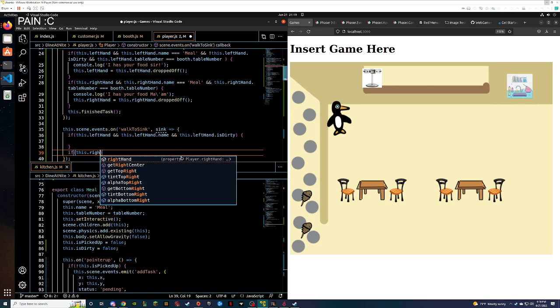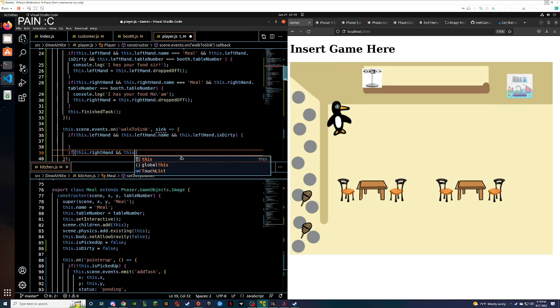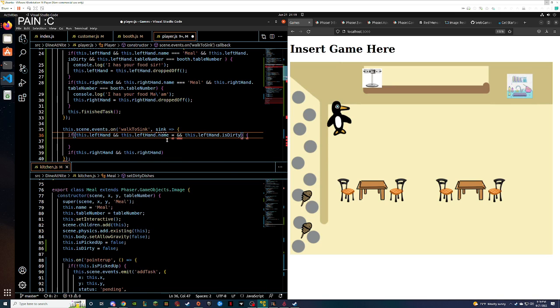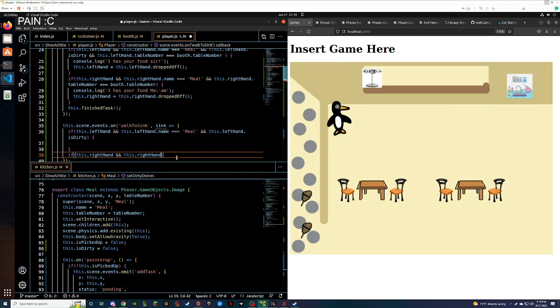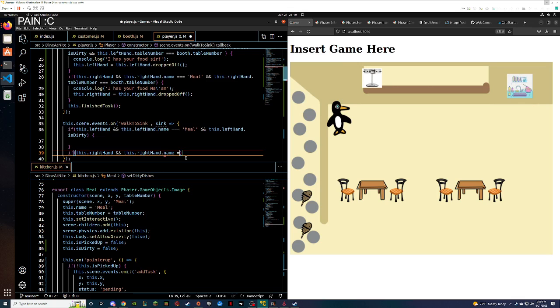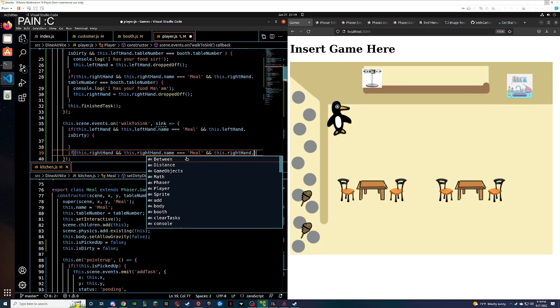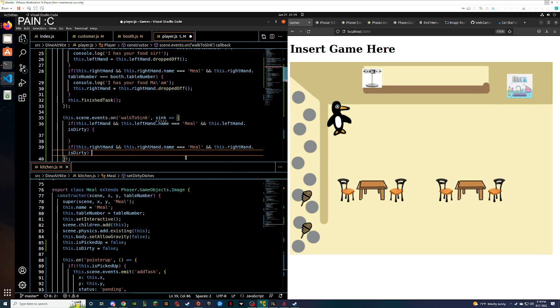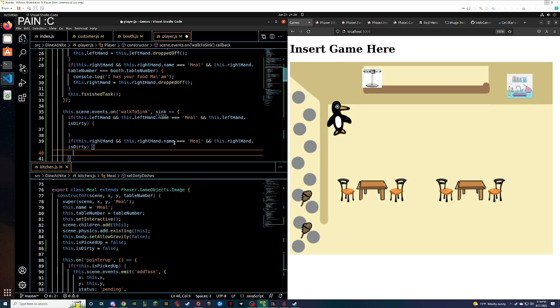If this dot right hand and this dot, oh, I didn't even finish this. Triple equals meal dot name triple equals meal. This dot right hand dot is dirty. Okay.